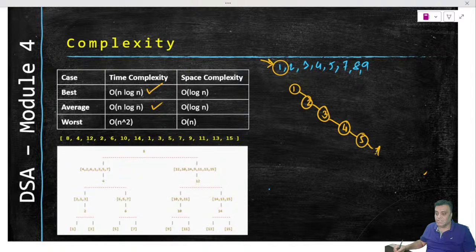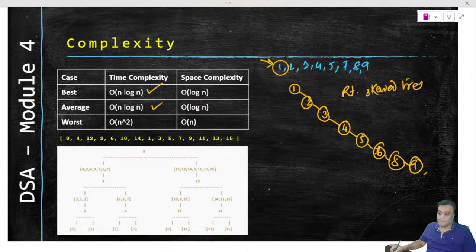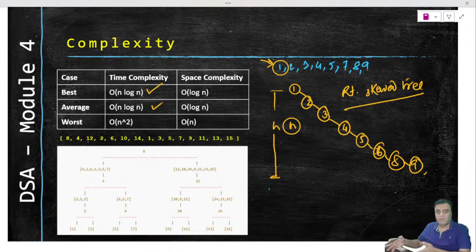Right? So what are you creating? You are creating not a balanced tree. You are creating a right skewed tree. And when you create a right skewed tree, what is the height of this tree? The height of this tree is nothing but n. That many number of elements are there because we could not divide it, because it was not spreading out. Only the right subtree was present, and the right subtree had to be taken to the next level. Again, the right subtree was present, right subtree had to be taken to the next level, and so on and so forth. So once we are dividing, we are not getting a left subtree because the correct pivot is already positioned. Anything to the left is non-existent because the element is already sorted in the correct position.